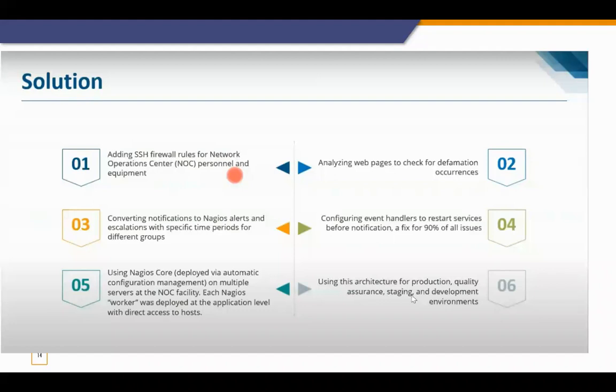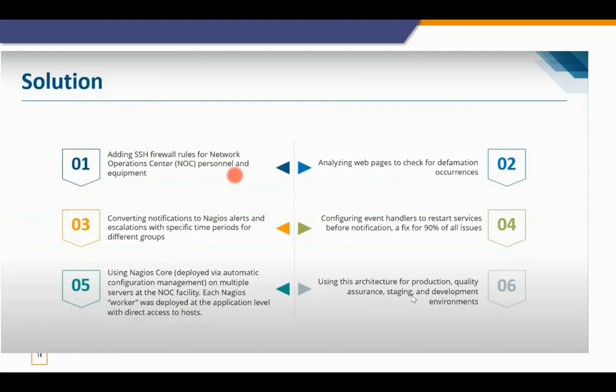So the solution they found was adding SSH firewall rules for network operations center personnel and equipment, converting notifications to Nagios alerts and escalations with specific time periods for different groups, using Nagios Core deployed via automatic configuration management on multiple servers at the NOC facility, and analyzing web pages to check for defacement occurrences, configuring an event handler to restart devices before notification, a fix for 90% of all issues, using this architecture for production, quality assurance,